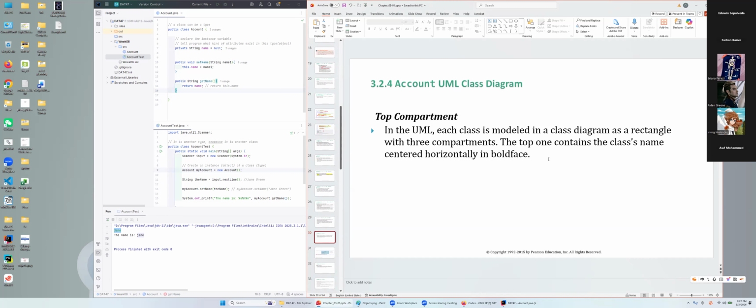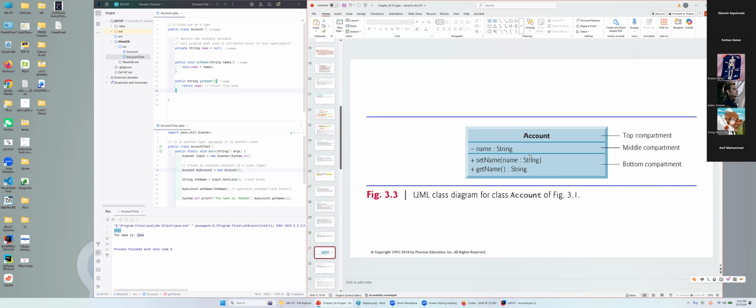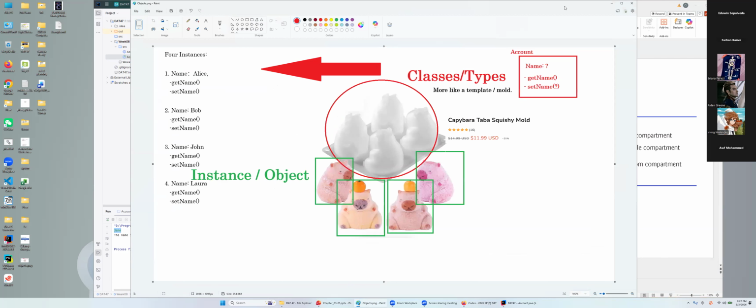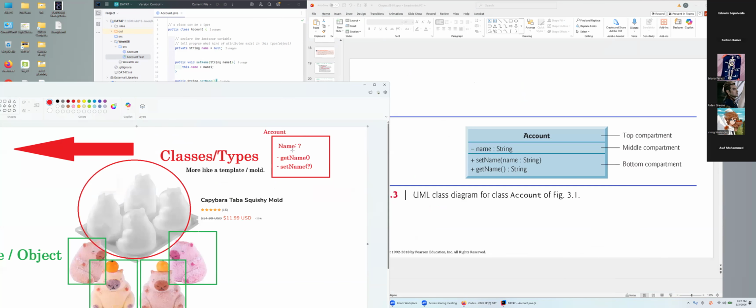The top one contains the class name centralized horizontally in boldface. Okay, it is a UML class diagram for class Account. It is a little bit similar to this one, right? Account, name, get name, set name. Actually, it is a simplified UML diagram